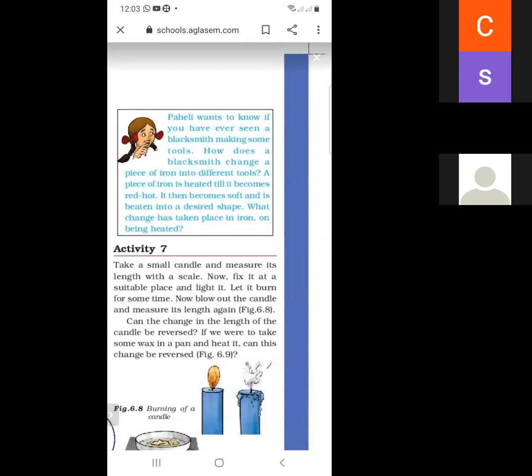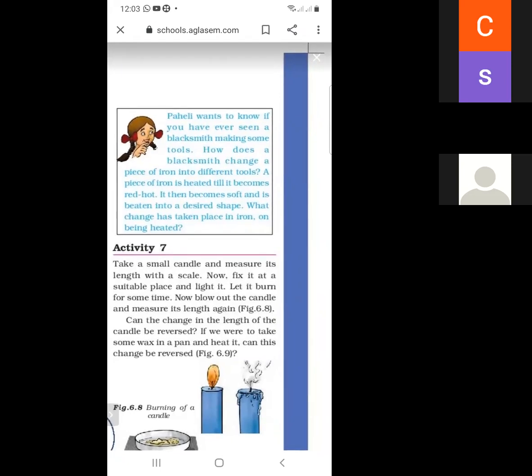The piece of iron is heated till it becomes red hot. As it is heated it becomes soft, and we can convert it into the desired shape. What change has taken place in iron on being heated?